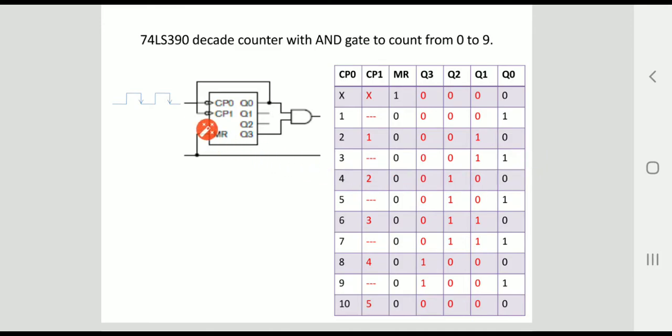So similarly, for the next negative edge of the clock pulse 0, Q0 changes from 1 to 0 now. So now when it becomes 1 to 0 here, Q0 is connected to the input of the clock pulse 1, it gets activated, and again Q1 to Q3 acts as an up counter. So up counter means 0, 0, 1 becomes 0, 1, 0. It gets the second clock pulse. Okay, so 0, 1, 0 it got, now it becomes 4.